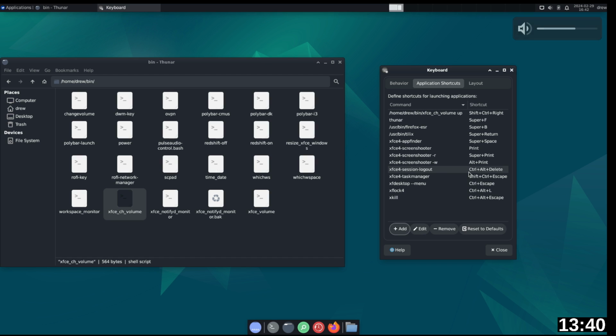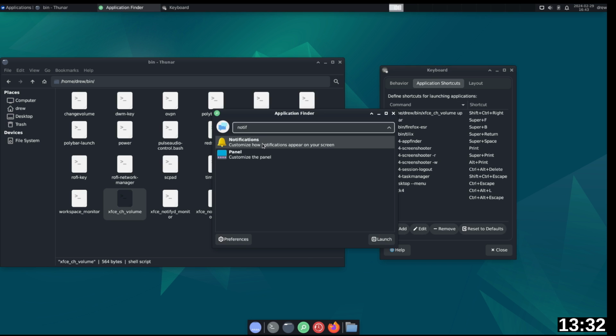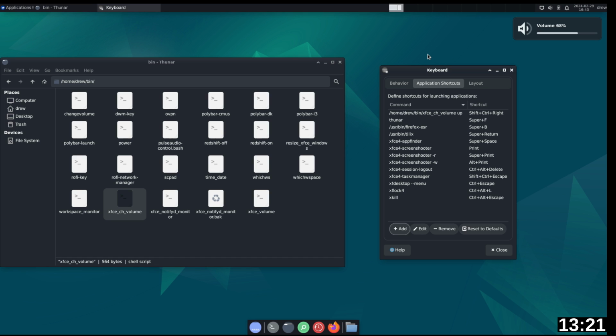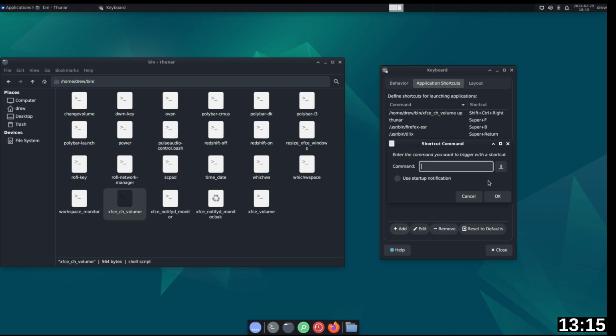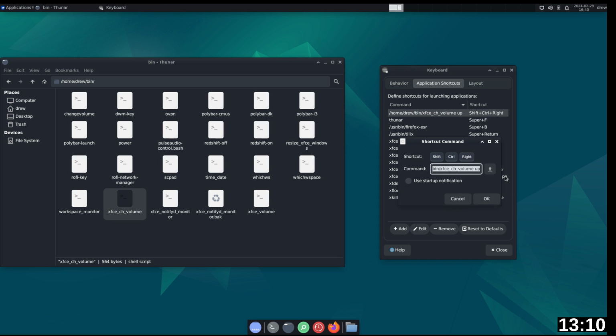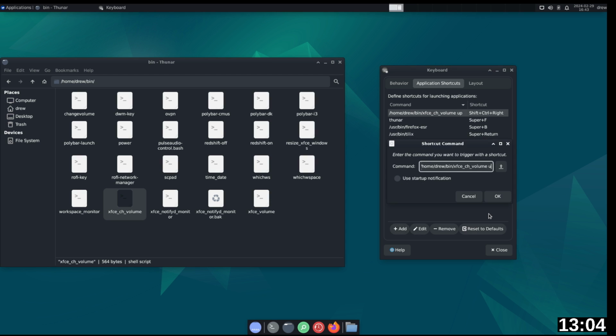All right. And I want to say notifications. So notifications, go over here and show percent values. All right. So now when I go Super Shift up, it's going to give me a percent. Okay. And I don't have a Super Shift down yet. So let's go and add another and actually cancel. And let's copy this, Control C, cancel and add, Control V, and let's call this one space down,